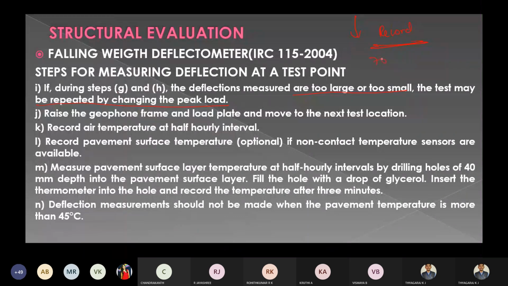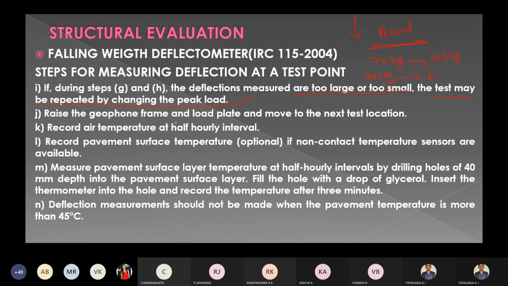Initially we fixed a 70 kg load and got a lesser deflection value, so you change the peak load to 100 kg and record the reading. If we fixed a 700 kg load and got a larger deflection value, then reduce the load. So when the deflection is too large or too small, you can alter the peak load value.